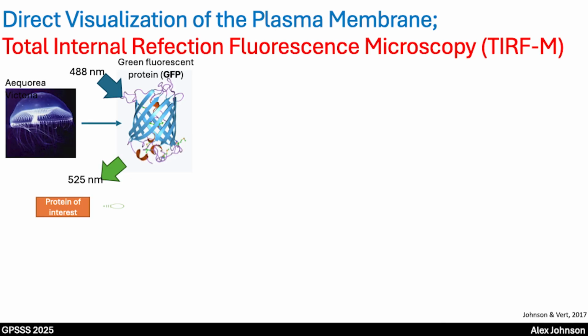So to do this, we turn to fluorescent microscopy, and if you're in the cell biology practical today, you should know this. So we take a protein from jellyfish, called green fluorescent protein, GFP, and basically if we stimulate it with a blue laser of 488, we can detect emission in the green channel of 525. So what this means is we can take any protein of interest and stick a big light bulb on it. And using fluorescent microscopy, we can then look in a cell and see actually what this protein is doing in